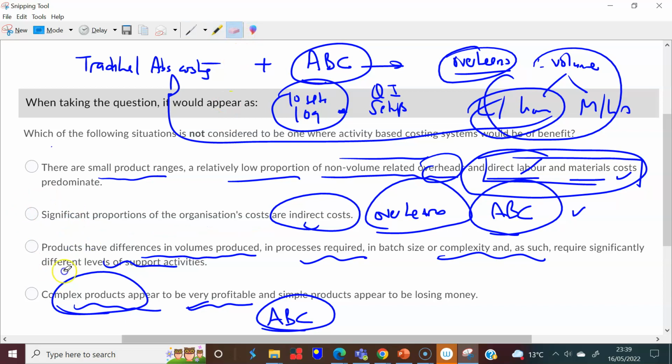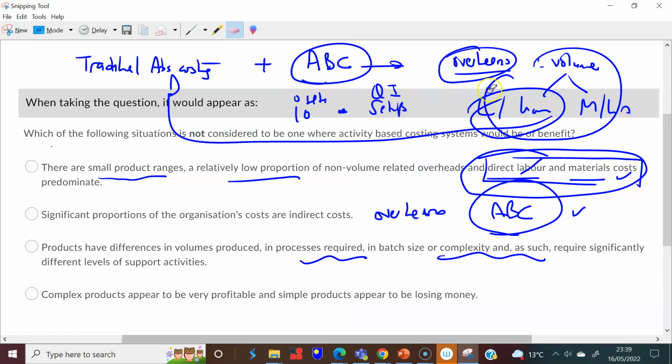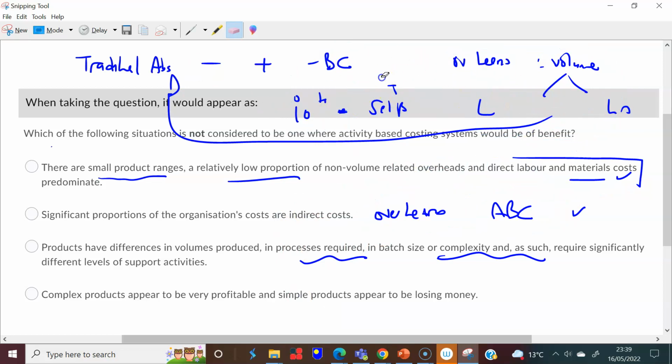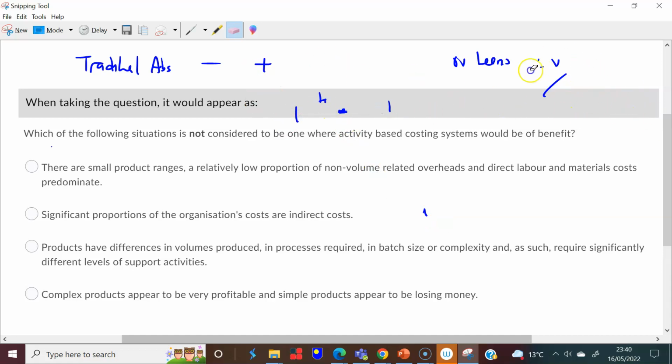At the end of all of this drama, what I'm trying to focus on is that we don't need ABC for the first one, right? We don't need ABC for this. ABC is wasted on this first one. It's too much money. It's too expensive to be spending all this time collecting all this data when you have